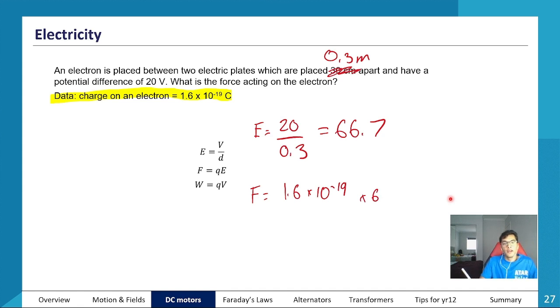66.7. Just a quick tip, when you're dealing with big numbers such as these, it's often a good idea to bracket off the whole thing, because sometimes the calculator will not do the multiplication the way you intend. So just to make sure that doesn't happen, put the whole thing in brackets, especially when it comes to scientific notation. And all of that will come to about